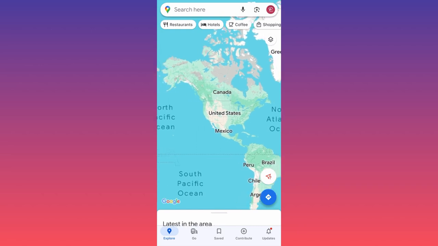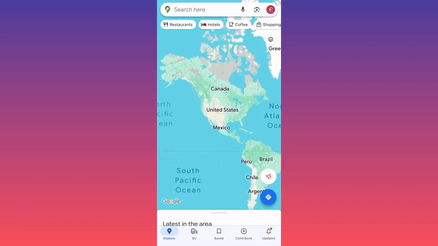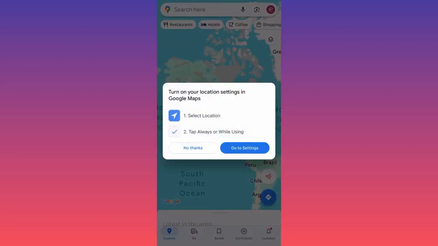Essentially, you see this small microphone on top. You can input your voice commands. Next to it you will see a small camera icon, which means that you can input a picture of a place and Google Maps will do its best to find the exact spot on the map. It's very cool. Also, you have the directions on the side, and you can also put the question mark and